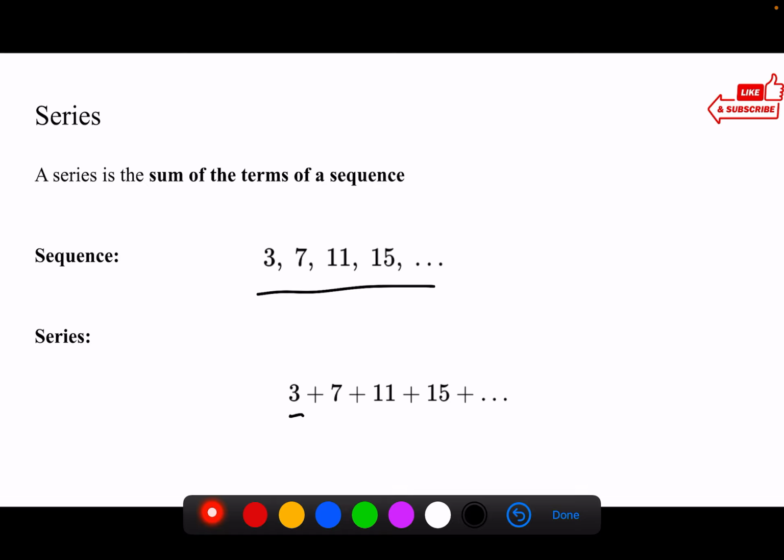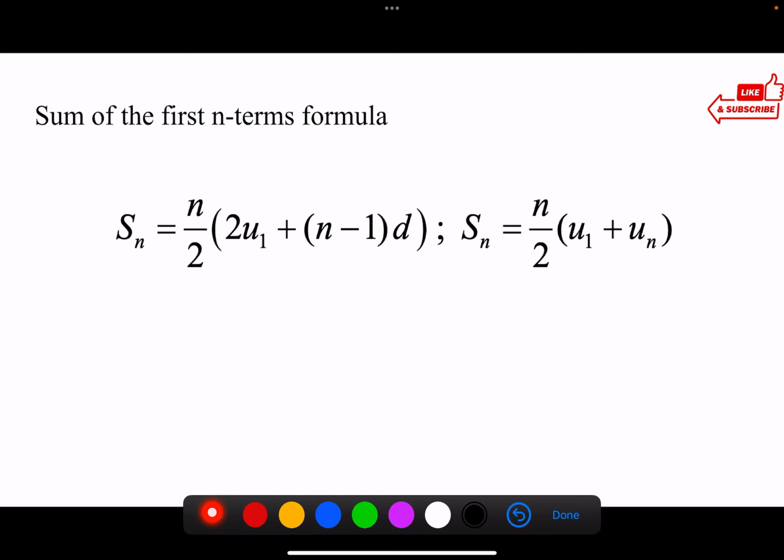So that would be 3 plus 7 plus 11 plus 15, etc. The sum of the first n terms formula right here gives you the sum of an arithmetic sequence. And these two formulas are the same. Actually, this formula is just a more detailed version of the second formula, because remember u sub n,